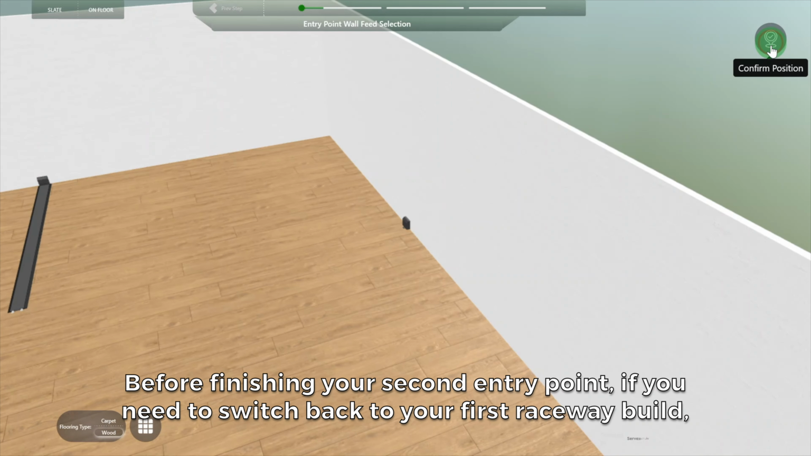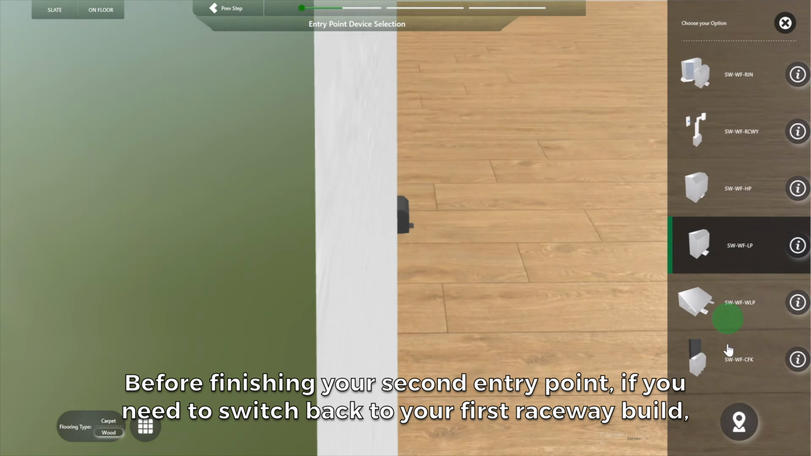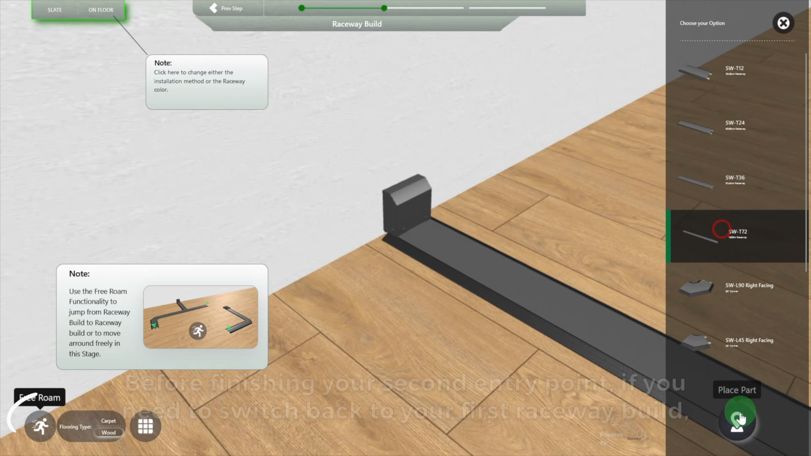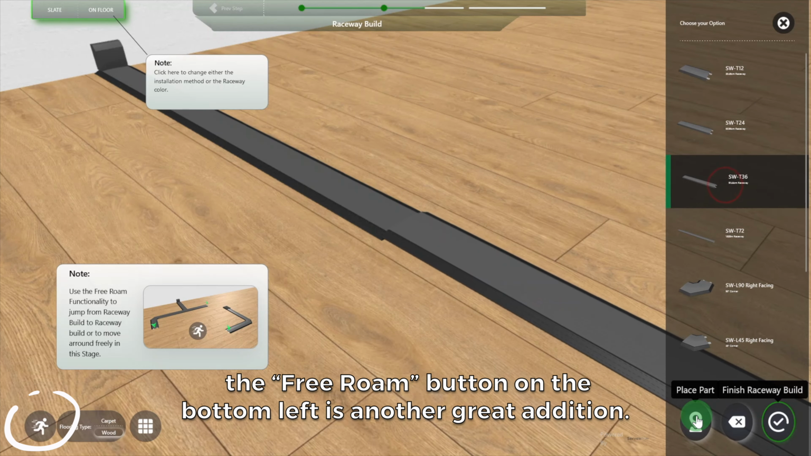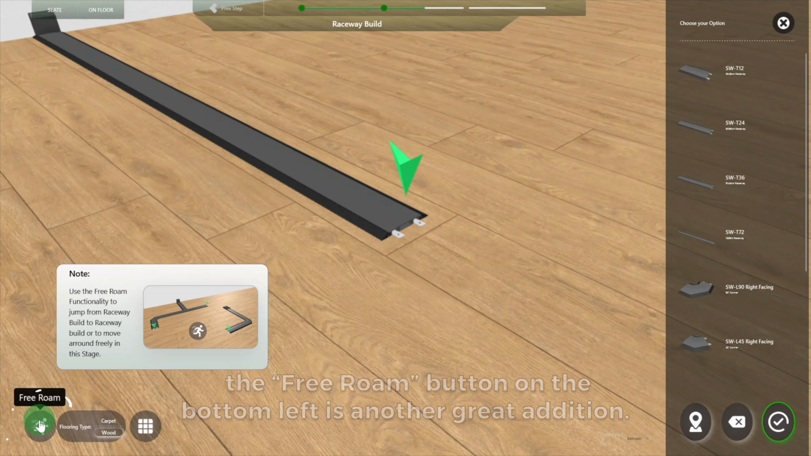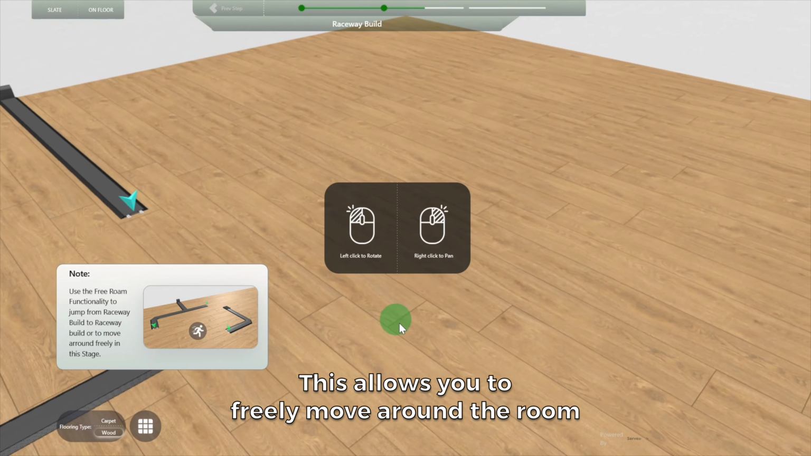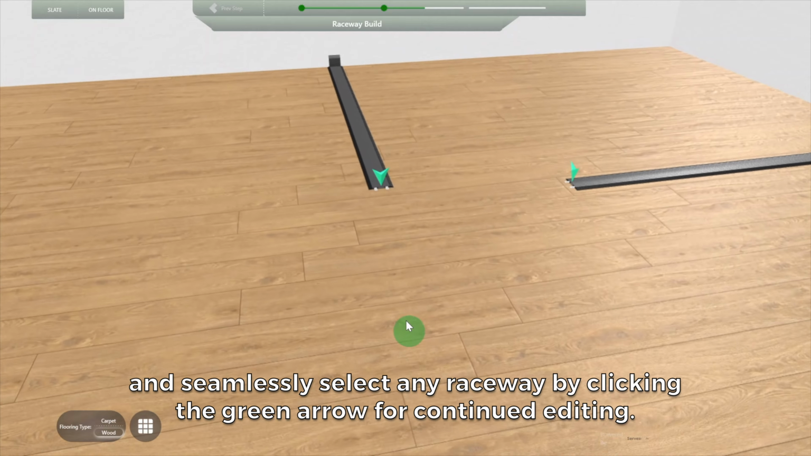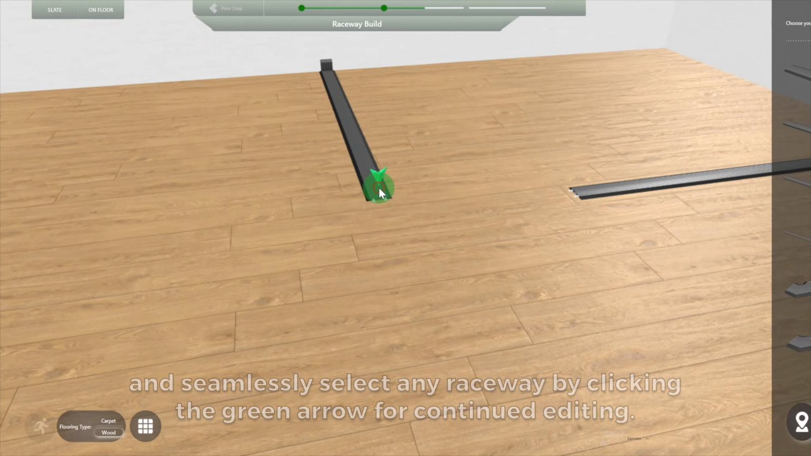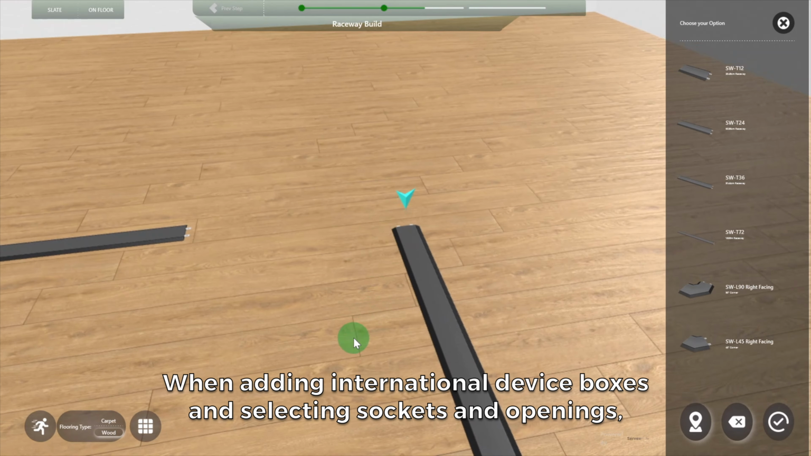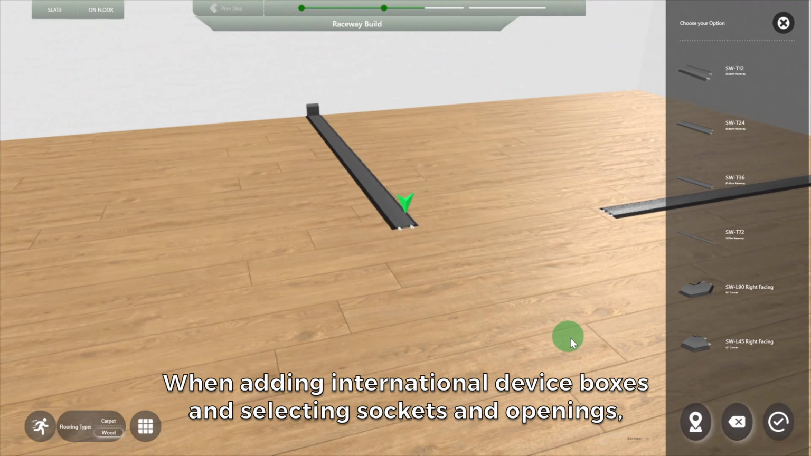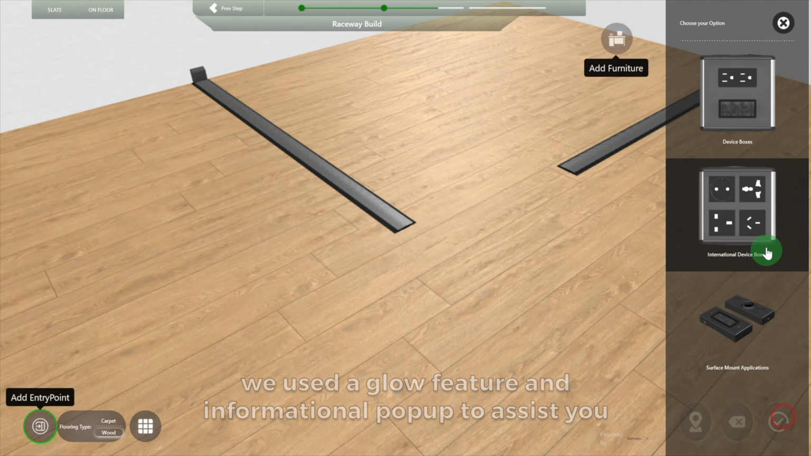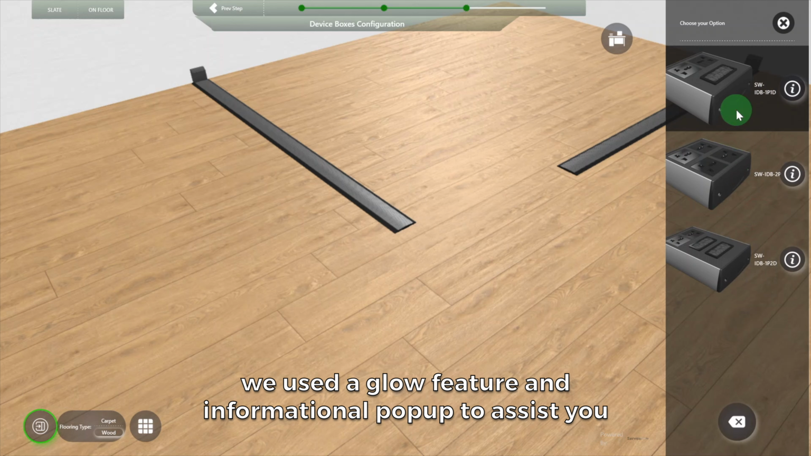Before finishing your second entry point, if you need to switch back to your first raceway build, the Free Roam button on the bottom left is another great addition. This allows you to freely move around the room and seamlessly select any raceway by clicking the green arrow for continued editing. When adding international device boxes and selecting sockets and openings, we use a glow feature and informational pop-up